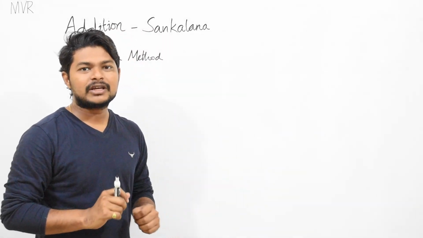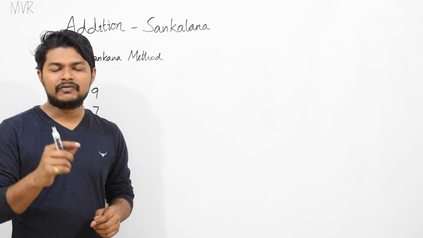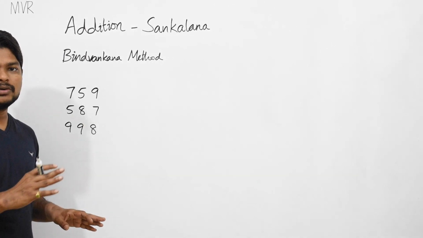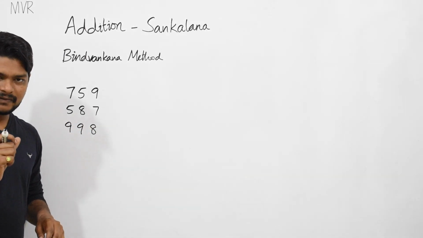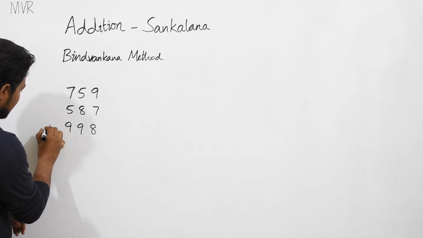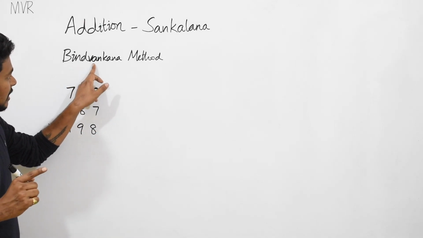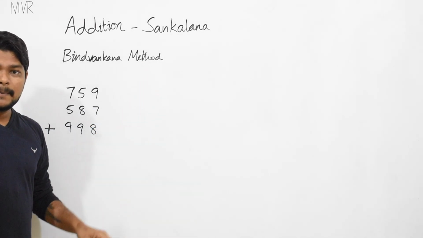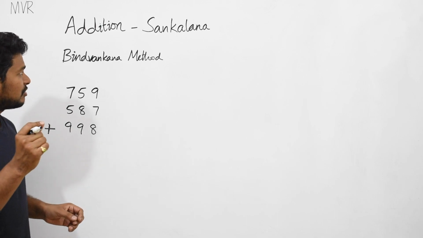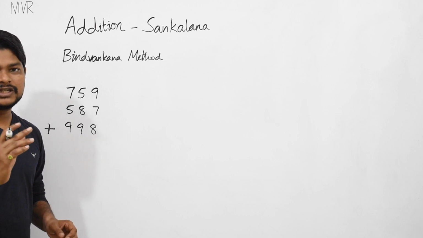Now in Vedic mathematics there is one method called dot method, or Bindvakana method, which we will see by taking these three numbers. Now we need to add these three numbers by using Vedic mathematics, that is dot method. Addition is nothing but plus symbol, we all know, right? Plus symbol. This method is called Bindvakana method. Bindu means dot in Sanskrit. Actually, for every name there is a proper meaning, hidden meaning which you need to understand.